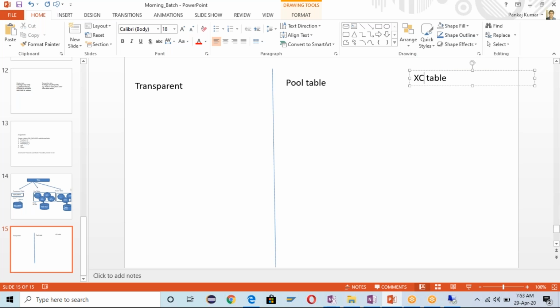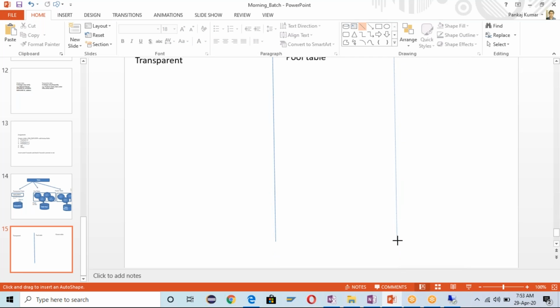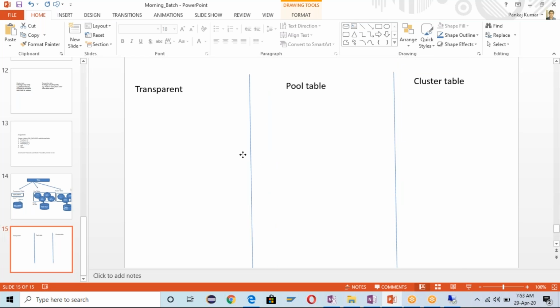Fine, so we are having the three sections